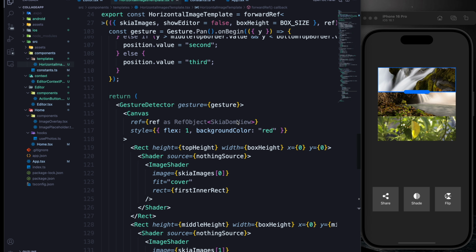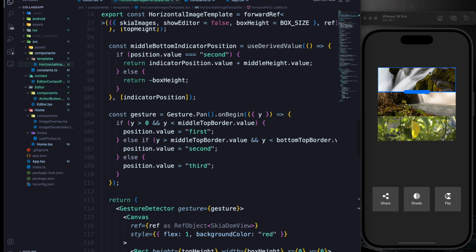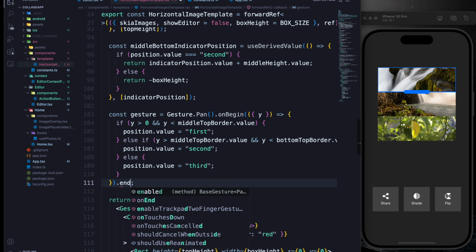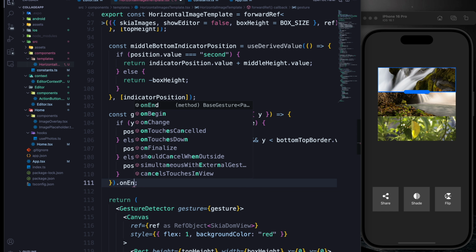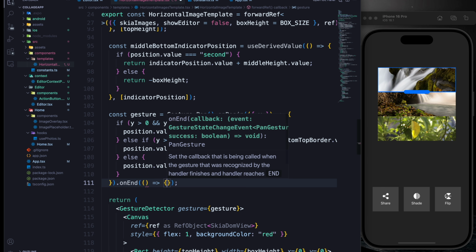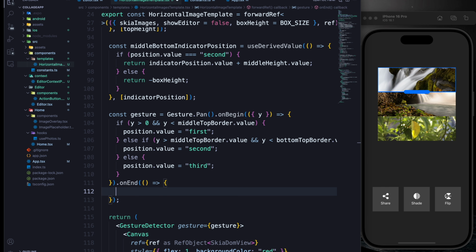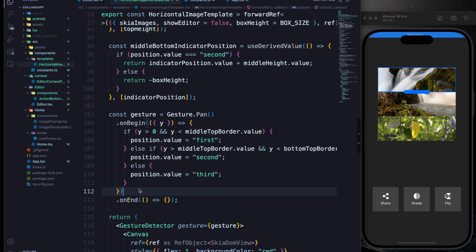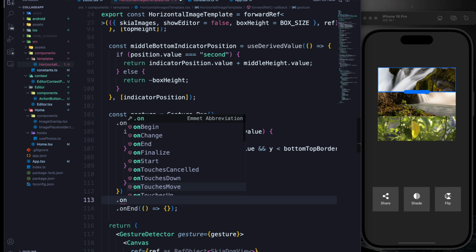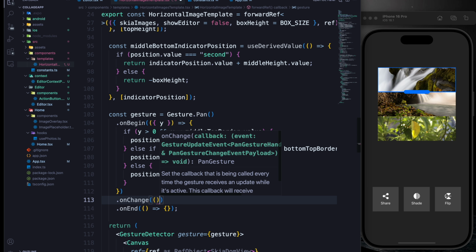Okay, so at this point, what we're going to want to do is move all these different sizes. I'm going to start by doing the top and the bottom because the middle is much more complicated. But once we get that movement, we can work on the middle. Before I do that, though, I want to do something a little easy. When we finish the gesture, I'm going to need to, you know what, I'll leave that till after. So while the gesture is working,